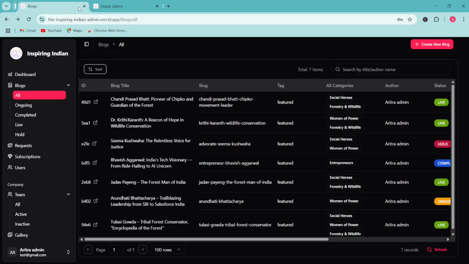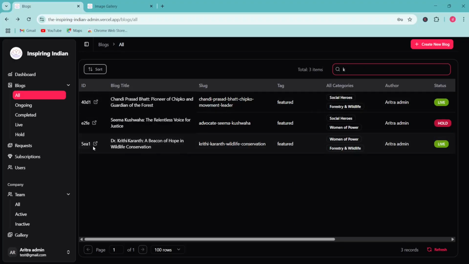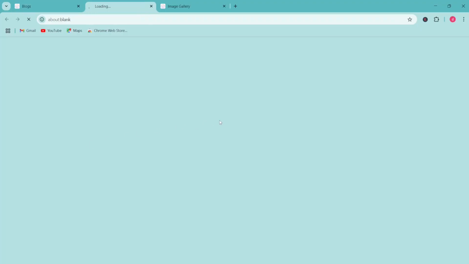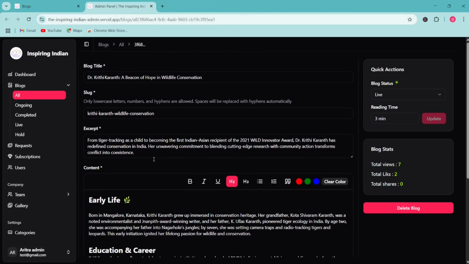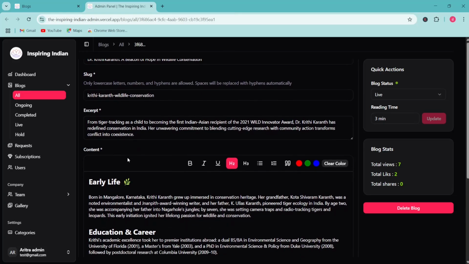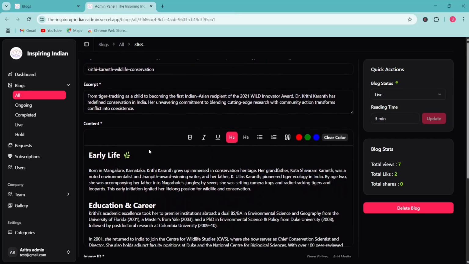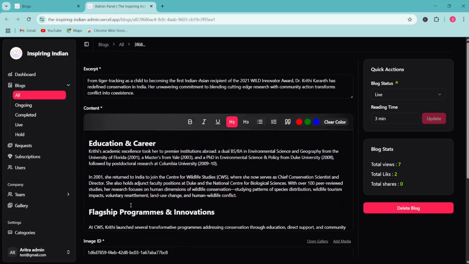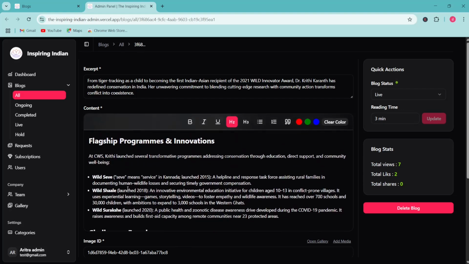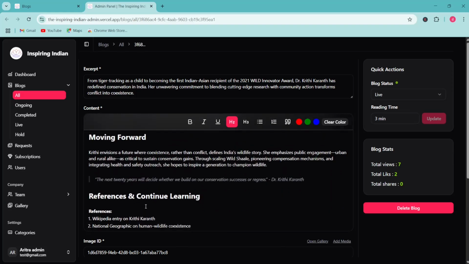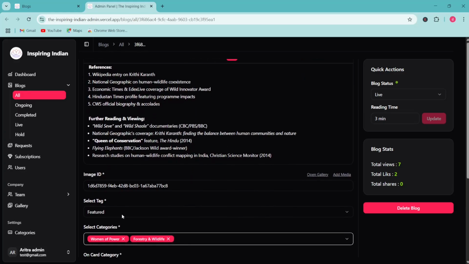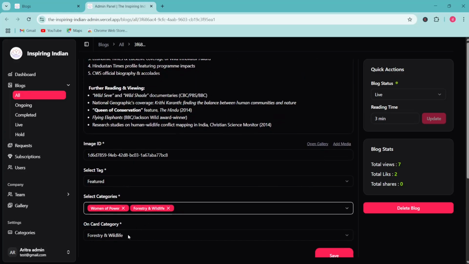Now let's click on an existing blog to see how it looks. So let's click on it. Here you can see the data. Let's scroll down. So here you can see in the editor we have the headings, then the list, and the block quotes, etc. So then we have the category, and